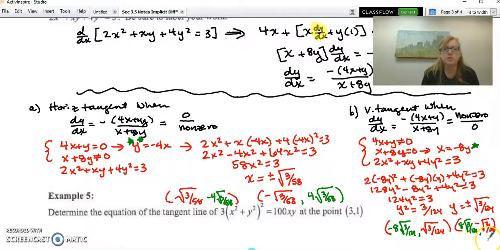Now again, just stressing before this video ends, make sure you check that you have verified that this works, that this x plus 8 times that y does not equal 0, and that here we need to check that this one works for this one, that 4 times the